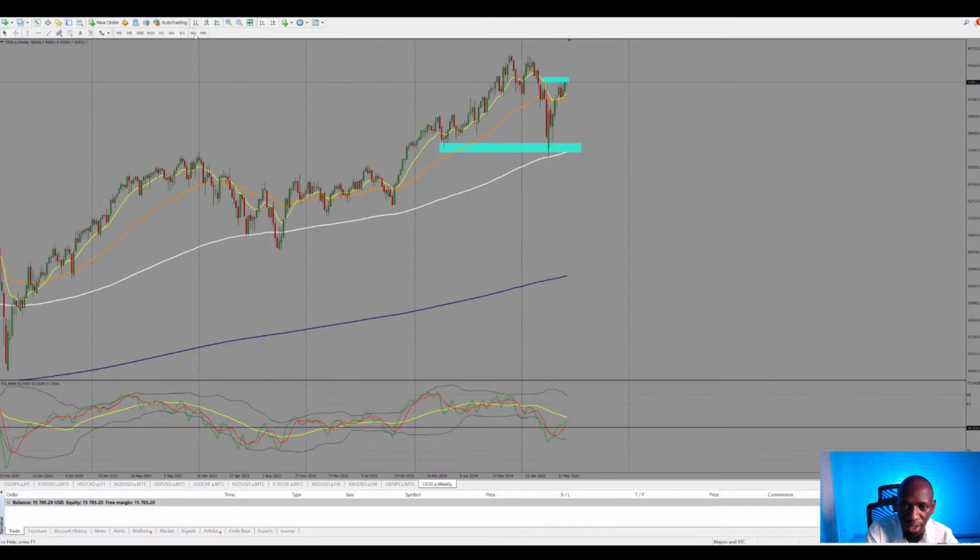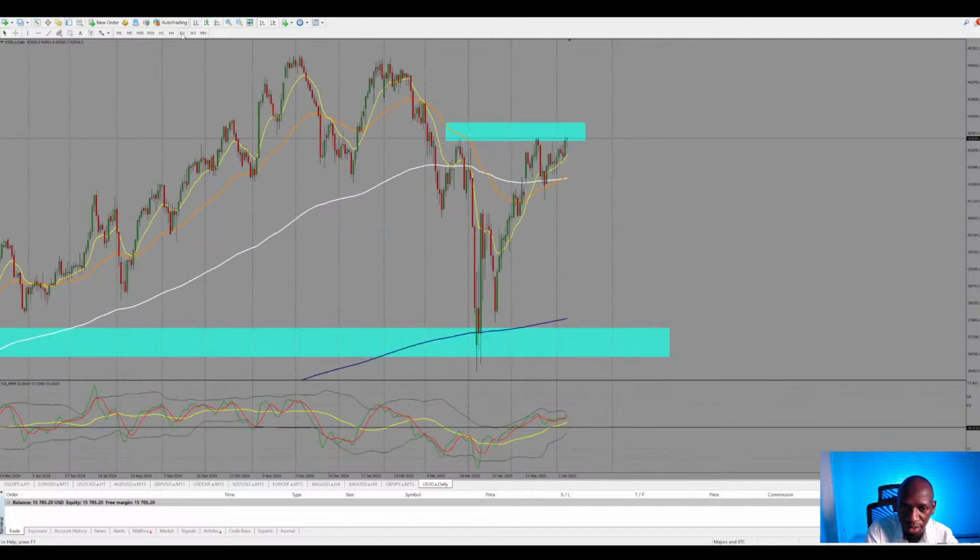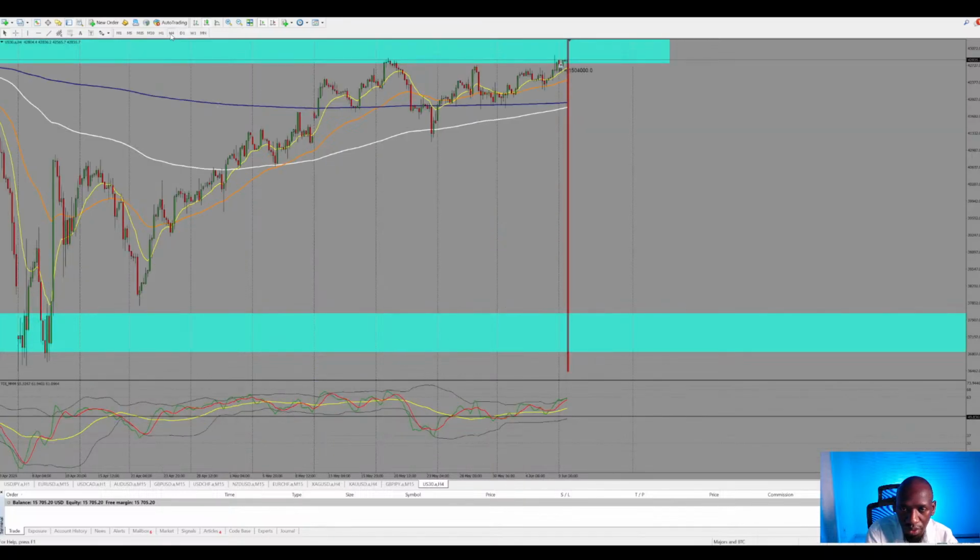So you say that as it stands, weekly says sell, so daily also says sell. H4 says